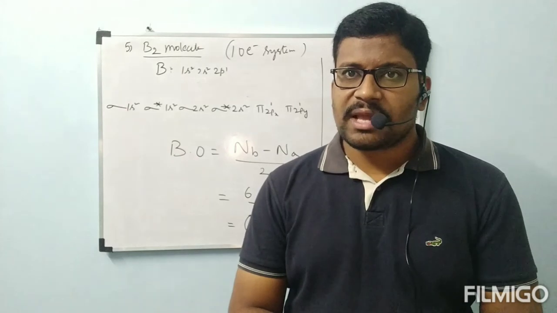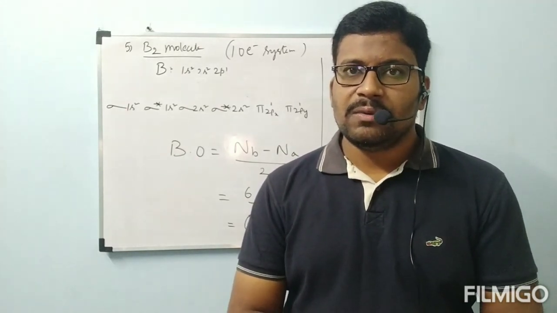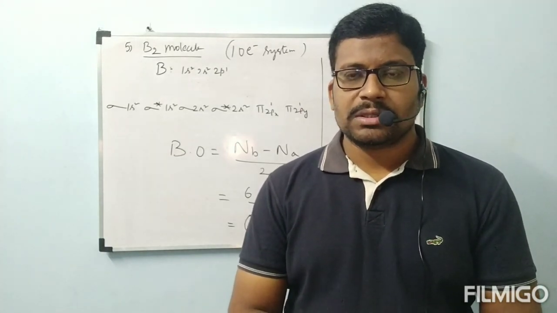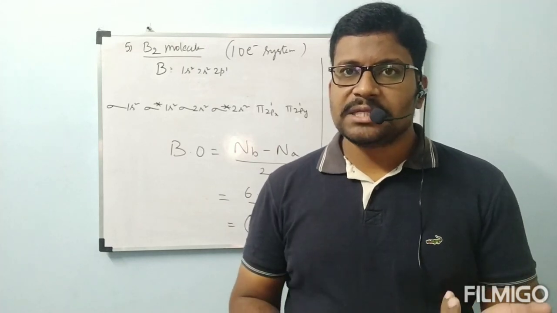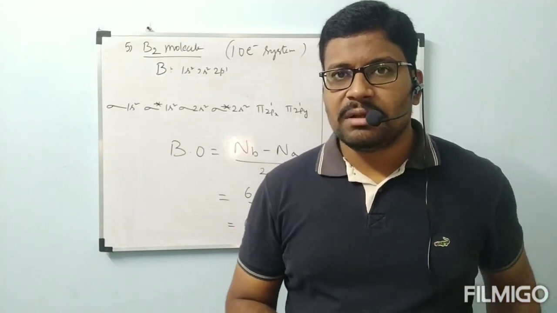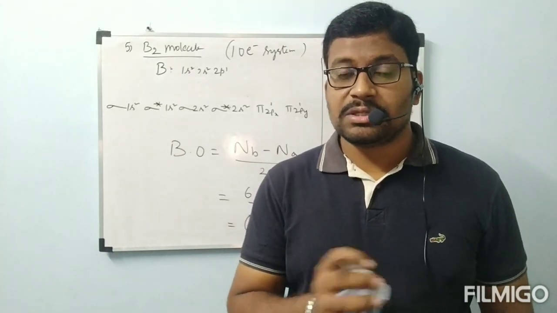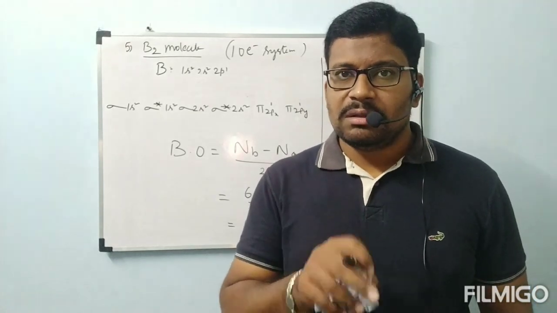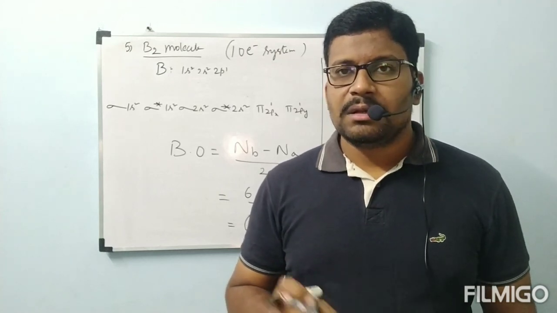We will continue with the carbon C2 molecule in the next class. C2, N2, O2. Up to O2 we will see. So in the next class, maximum of these examples will be completed. After that, some applications of this molecular orbital theory we will see. Then we will go to the next concept, hydrogen bond. With the hydrogen bond concept, the chemical bond chapter, including the coordinate covalent bond, is going to be completed. Okay, coordinate covalent bond and hydrogen bond. By that the total chemical bond chapter is going to be completed. This is about today's class.